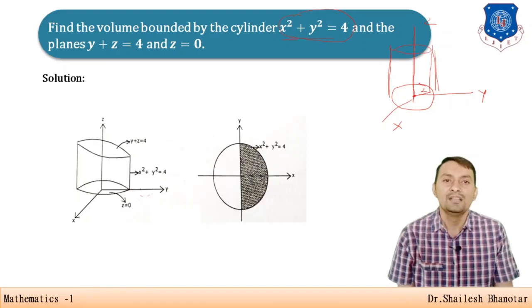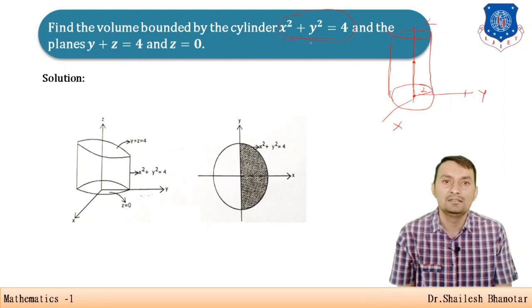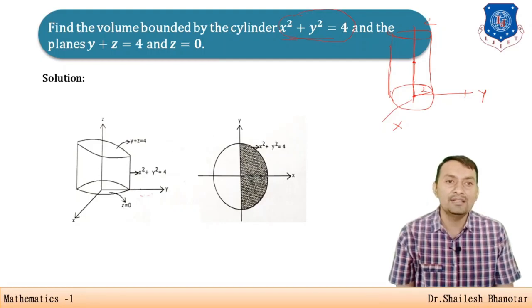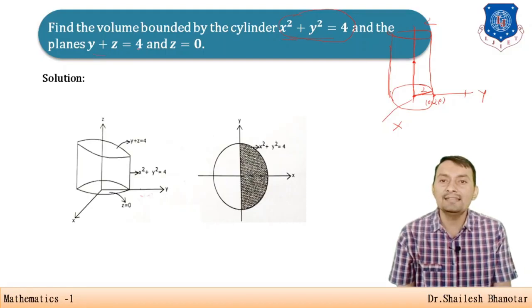Exactly, a cylinder. Now it is given that we want to find the volume bounded by the cylinder and the plane y plus z equals 4. So this is the cylinder that you can see clearly, it has radius 2, so it will be the point 2, 0, but in that case the y-axis is there, so I can say that is 0, 2, 0. But again there is the height, and here I want the plane y plus z equals 4. So y divided by 4 plus z divided by 4 equals 1, you may assume that.